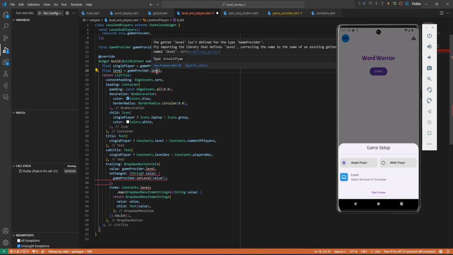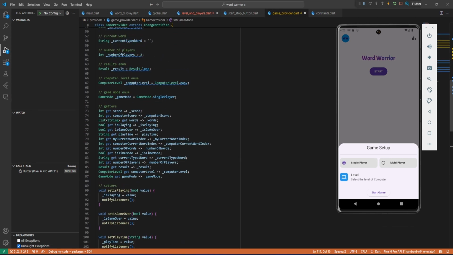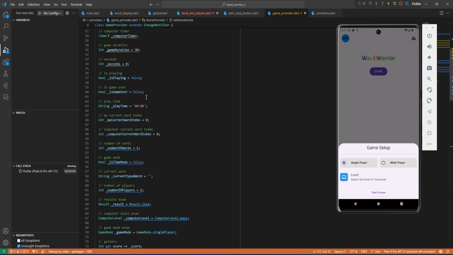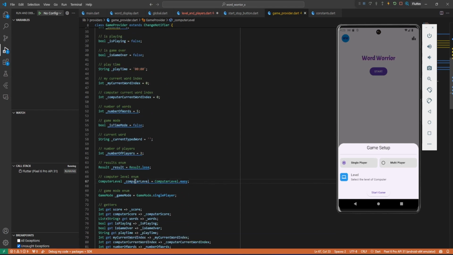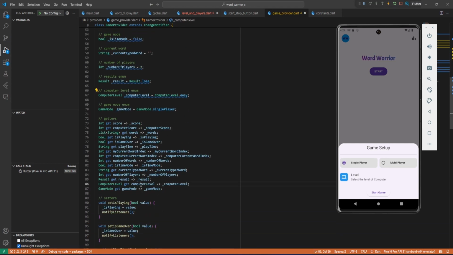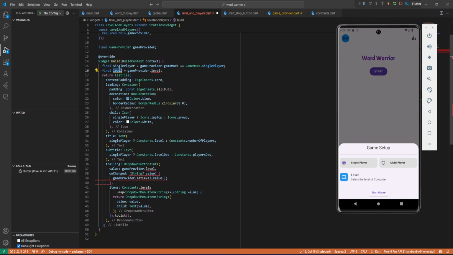So this level, what did we call it? Why can't we get the level? So let's go inside the game provider. So how are we getting the level? It's computer level. Okay, so which means we're getting the computer level. Okay, so let's come here, and then even here let's just say computer level, which is going to get this computer level. Okay, so now that we've got the level, we need to also have the method to set the